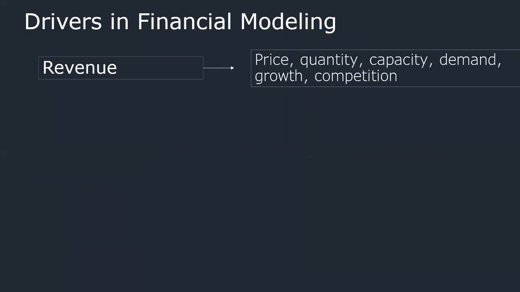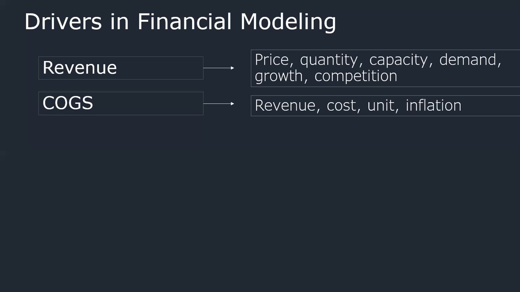For our revenue, if you want to build for a startup, we use price. How much are you selling this unit? How many units will be sold in this particular period? We multiply that, it gives us the revenue. You can have a capacity constraint, which means you cannot produce more than your capacity. For a corporate organization where we cannot break things into price and quantity, we usually use growth rate. Year on year growth, so revenue will grow by this, and competition effects as well. You go to your cost of sales.